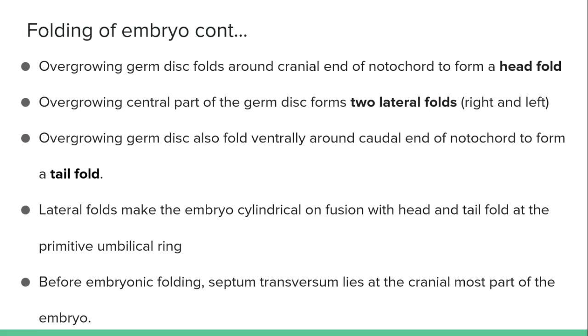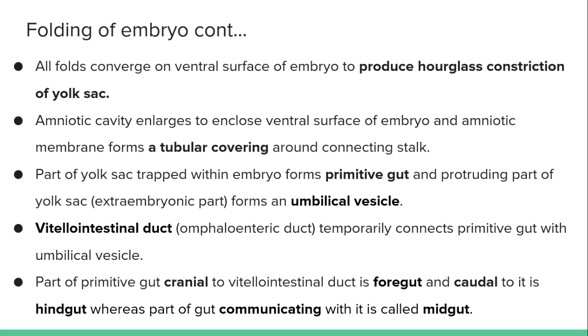The lateral folds make the embryo cylindrical on fusion, with the head and tail folds, at the primitive umbilical ring. Before embryonic folding, the septum transversum lies at the cranial-most part of the embryo. All folds converge